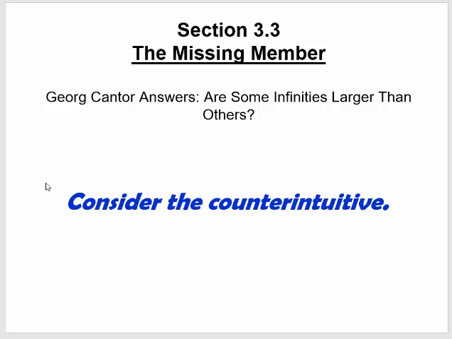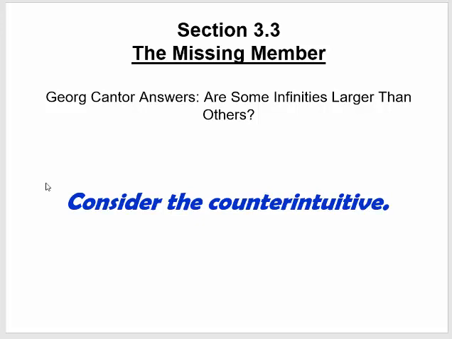Okay, so section 3.3 is called the missing member. There was this mathematician named Georg Cantor who asked this question: are some infinities larger than others? What I've talked about in the previous lectures is that there's a one-to-one correspondence, say, between the set of integers and the set of natural numbers. But just intuitively, even though both sets are infinite, there seem to be, quote unquote, more